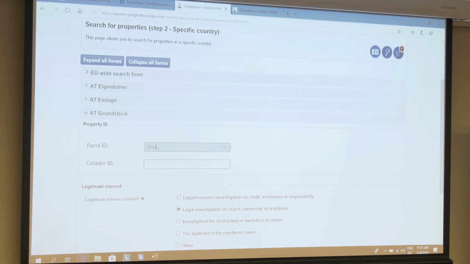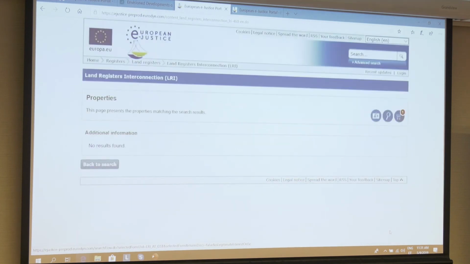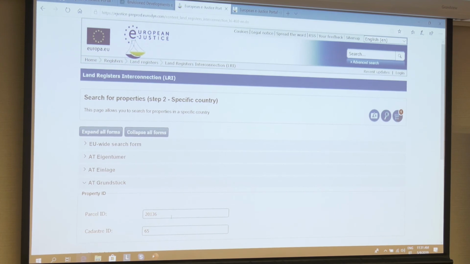I try again to enter something. Now it's only numbers, so I won't fail. Again, nothing is found. Again, a user fault. I just mixed the numbers.